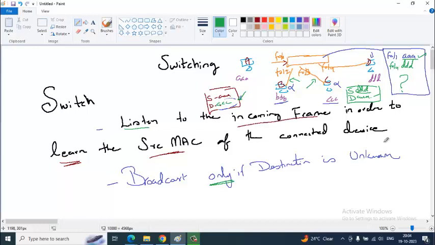Now, will it broadcast? Yes. Will the broadcast packet go to D also? Because it has learned that DDD is in F0/4. Will it go and search for CCC there?